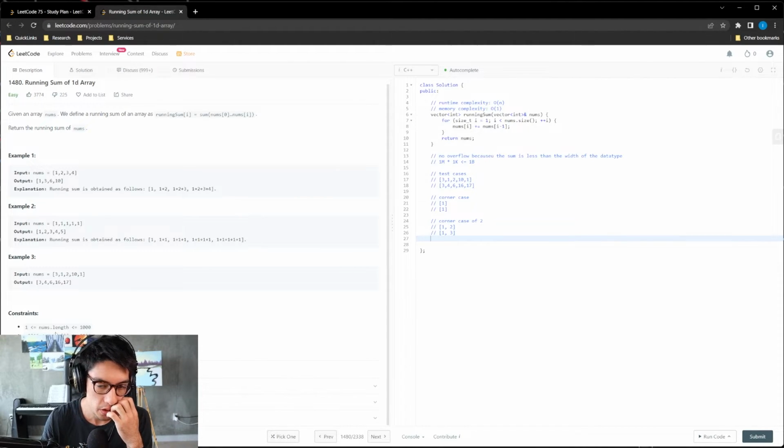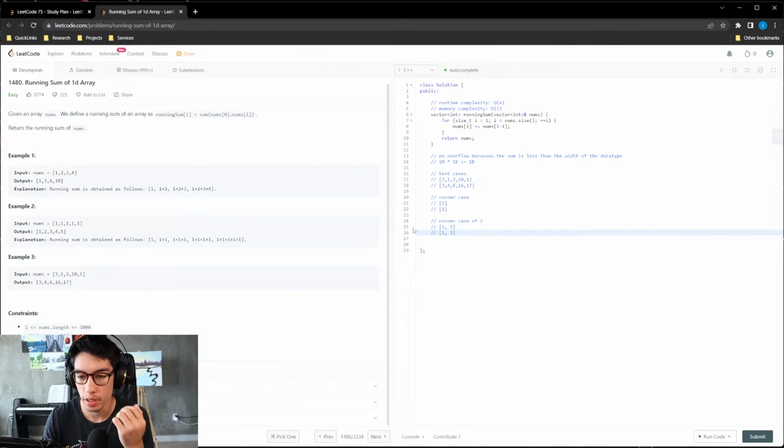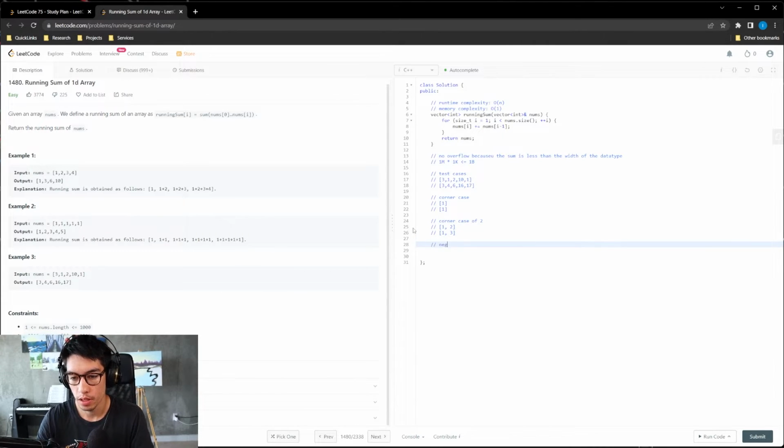Is there anything else? We know that negative numbers hold under addition, so it doesn't matter if they're negative. The sum still will be sane.